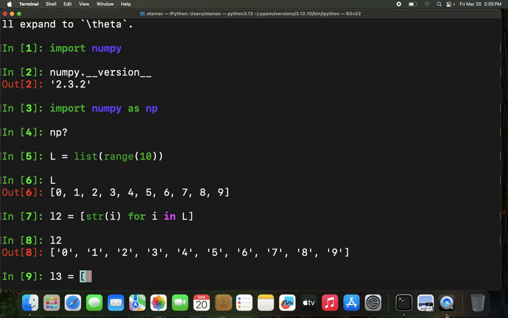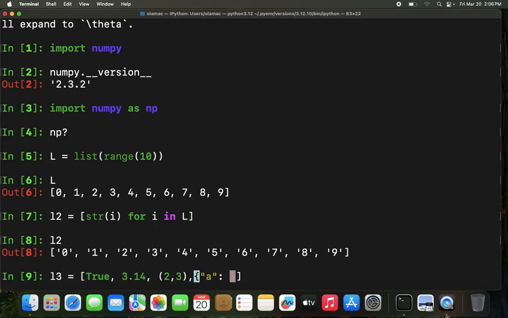We could start with a boolean, True, and then we could go with a float, 1.4. We could go with a tuple, 2, 3. In fact, we could go with a comprehension,